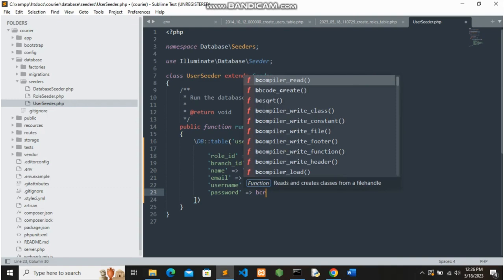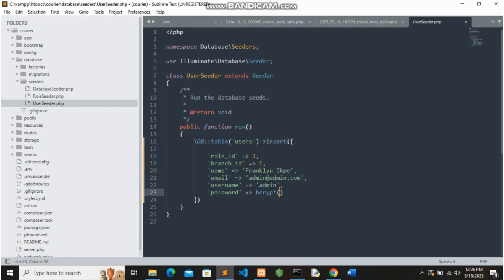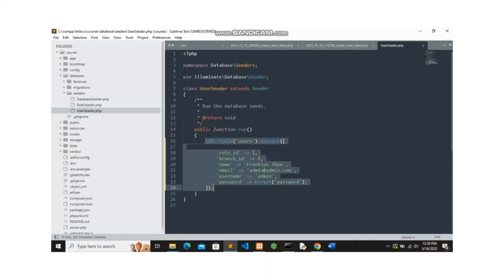Okay, let me have the password as password. Okay, having achieved this, we'll close it, please. We just have to copy the exact thing for users